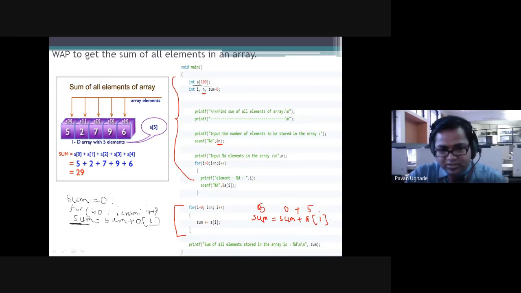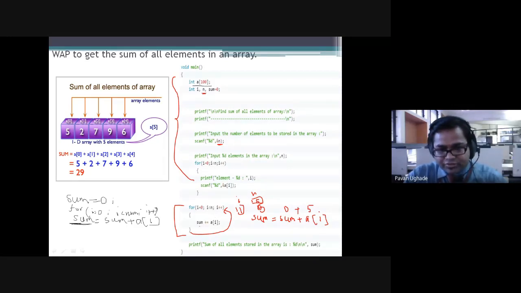Again, as the loop closes, it goes back; I value was 0, now I becomes 1. What is the n value in this case, it is 5. It will check 1 is less than 5, condition true.